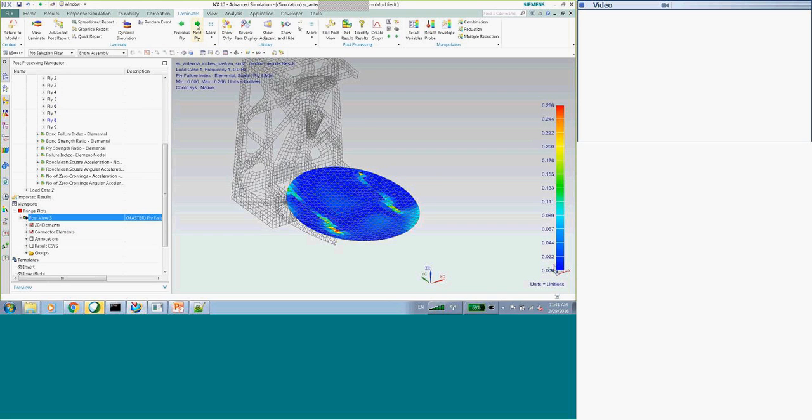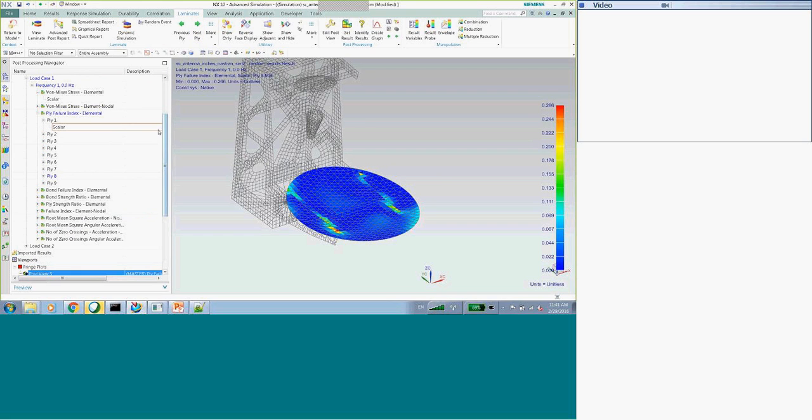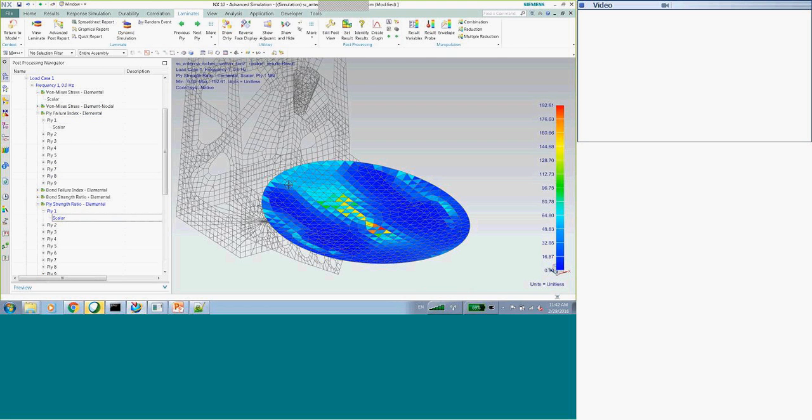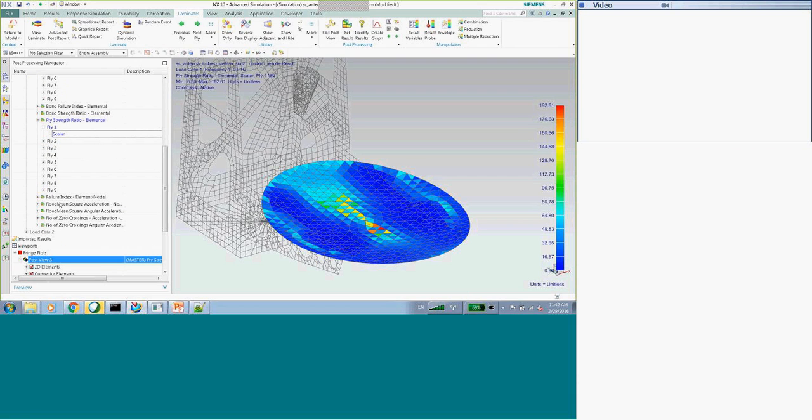Second slide. So this is really amazing that you can get this metric from the solution. Failure indices is the interlaminar strength ratio, the ply strength ratio, which is also a reserve factor, so you want this to be bigger than 1.